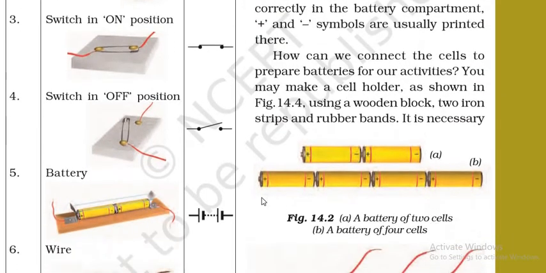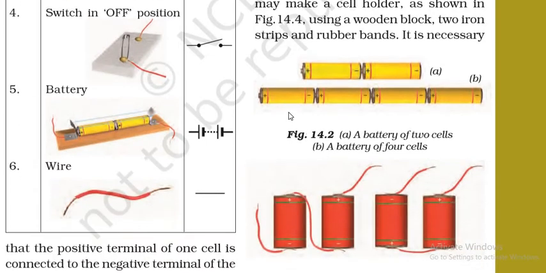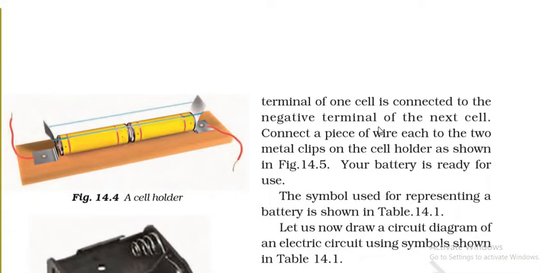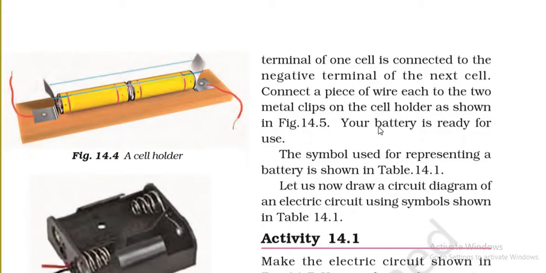Now children, again if you have to recall how a cell looks like, a cell has got a metal cap on it, which is the positive terminal, and a metallic disc on the other side, which forms the negative terminal. This is how the cell has got two terminals, right? And inside the cell is some form of chemical, which helps in generation of electrical energy. Now if you place multiple cells together, it leads to the formation of a battery, right? So a battery can be called a combination of two or more cells.